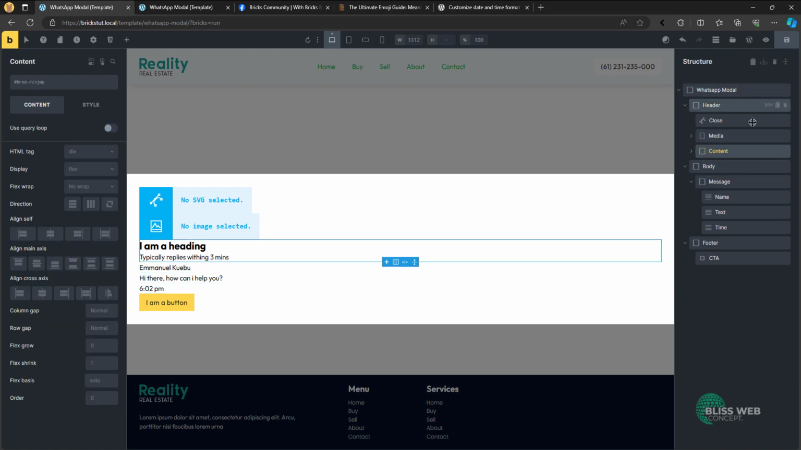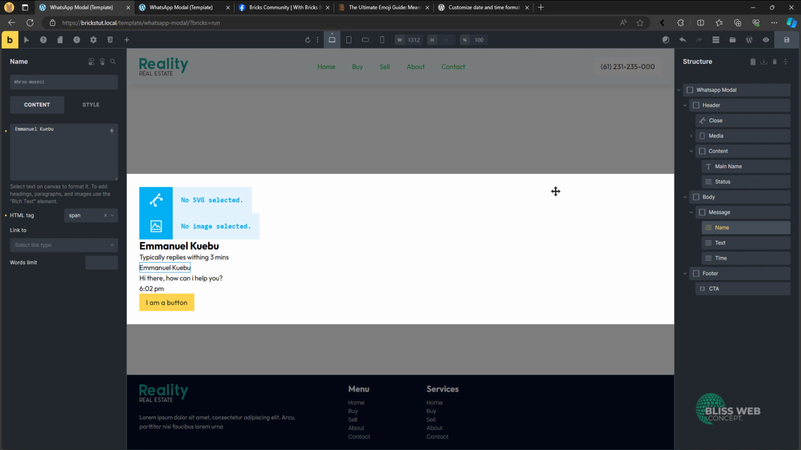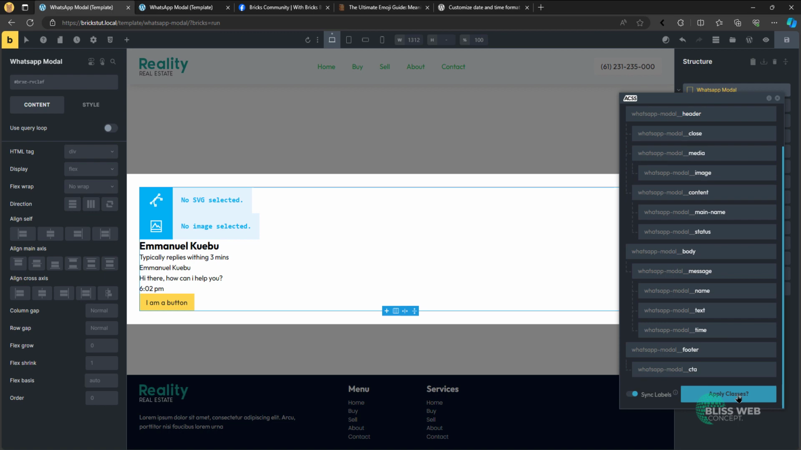So I'm going to go, okay, let me just quickly set my name here. If you notice, I have name here and I have name here. I'm going to call this main name. Yeah, main name, and then we have the name here, and the reason is simple. This one is small and this one is big. I can actually call both of them name and then add a helper class to this one and dial the size down, but I don't think it's necessary in my use. So I'm going to use the BEM to apply the classes to all of them,